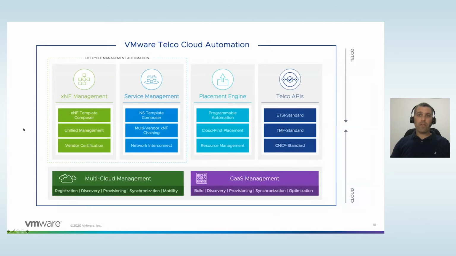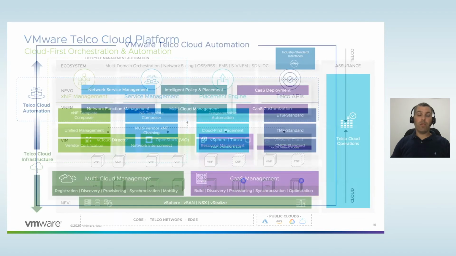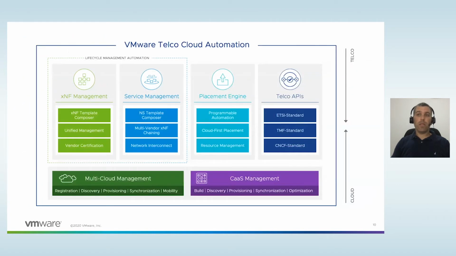In terms of the platform itself, we spoke about the VNF management, the xNF management, and the network service orchestration. A very important part is the placement engine, which basically allows us to keep the policy based on the criteria that the customer sets. And next to it are the telco APIs, which actually differentiate our platform from the different platforms that we have inside VMware dealing with automation, and basically take the TCA to the place that allows us to integrate it into any service provider network that deals with cellular networks.